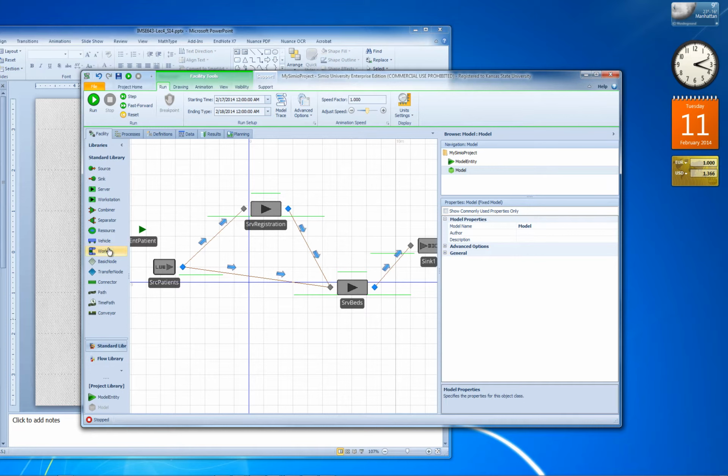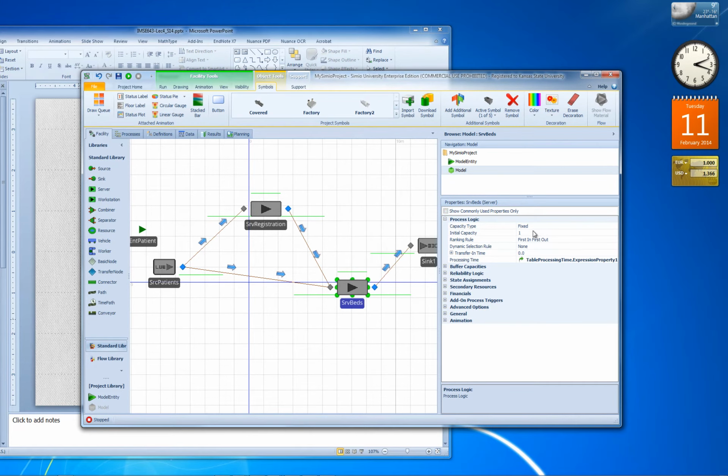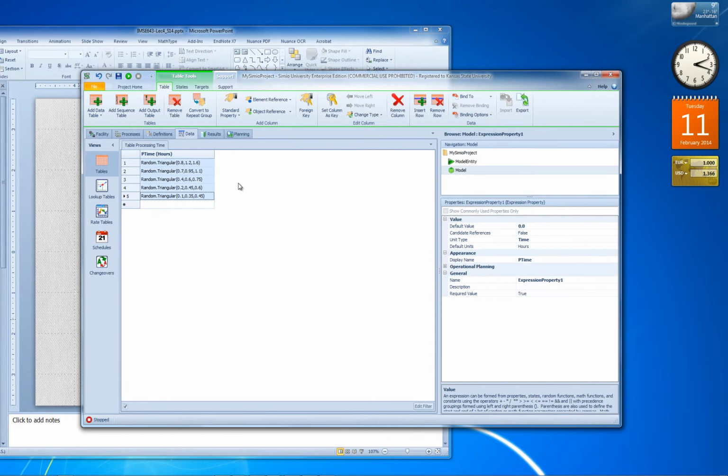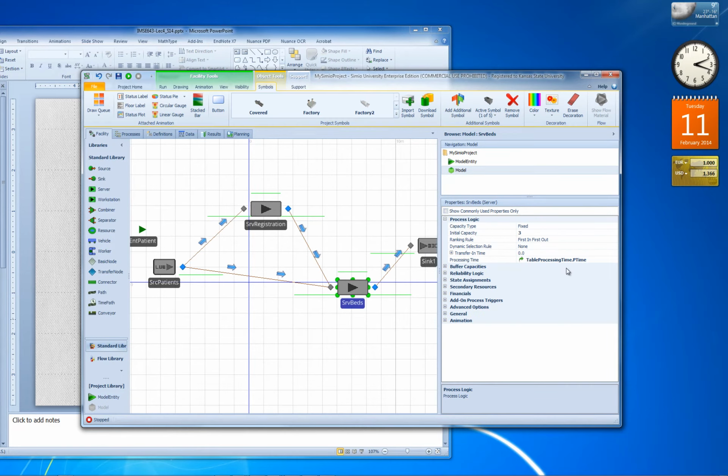And also now I'm adding a doctor. The bed has a number 3 portion. Here's the so-called P time. Here I'm referring to the P time as well. So additionally, I'm adding a so-called resource called doctor,